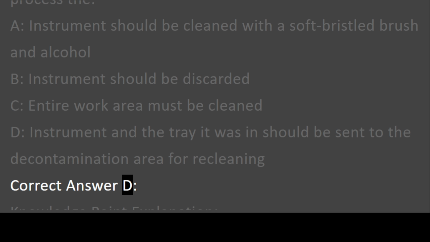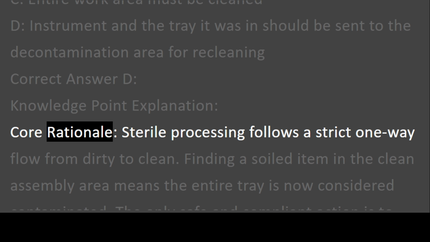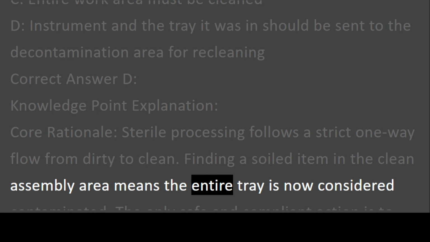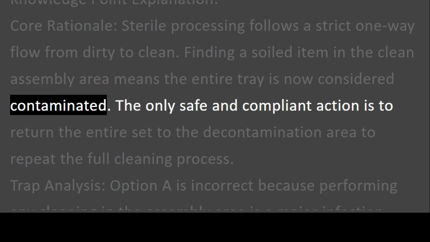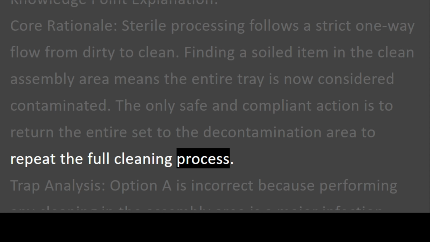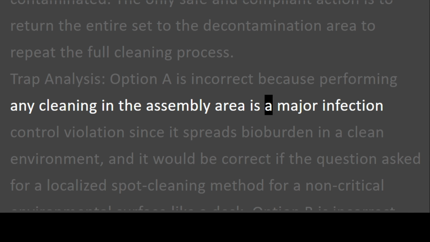Correct answer D. Knowledge point explanation. Core rationale. Sterile processing follows a strict one-way flow from dirty to clean. Finding a soiled item in the clean assembly area means the entire tray is now considered contaminated. The only safe and compliant action is to return the entire set to the decontamination area to repeat the full cleaning process. Trap analysis. Option A is incorrect because performing any cleaning in the assembly area is a major infection